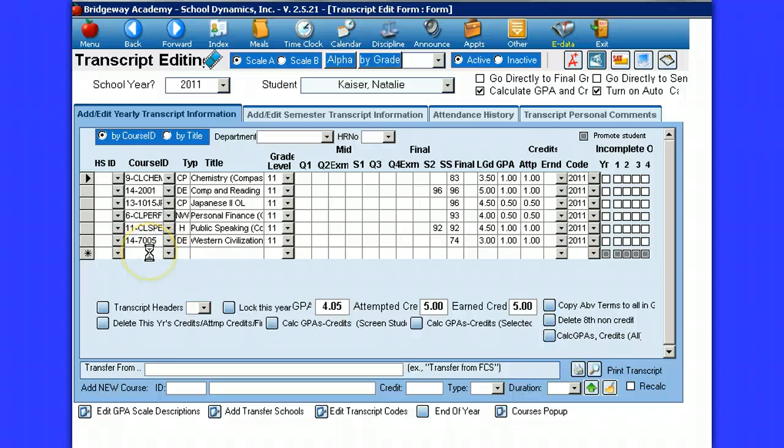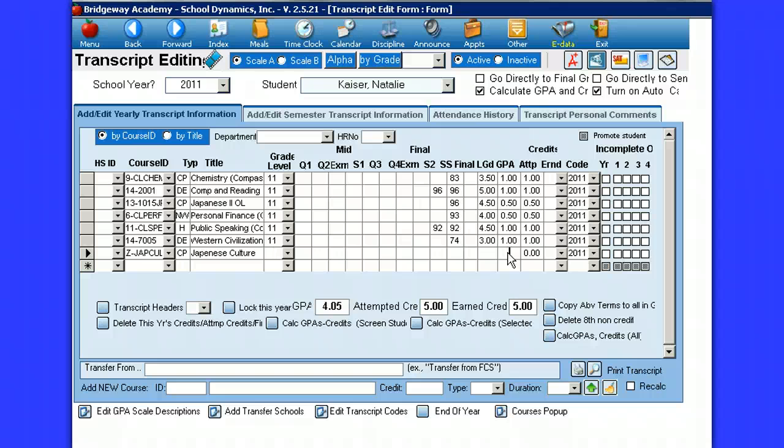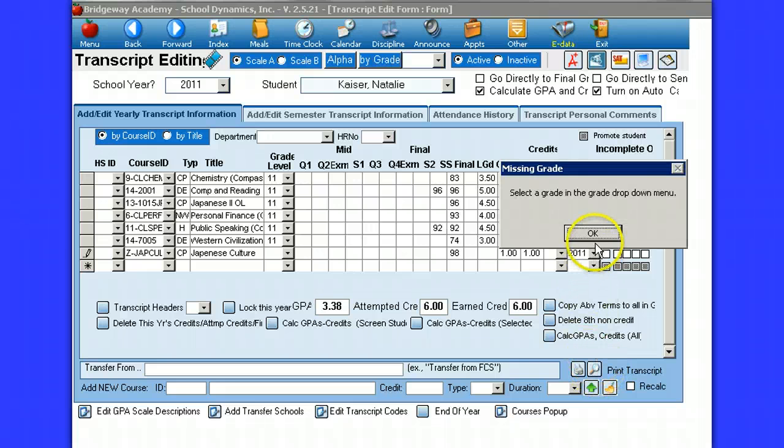So let's just add it back here. I'm going to give it some credit. And I'll just put a final grade in there just for the heck of it. Alright, so now when we print the transcript,